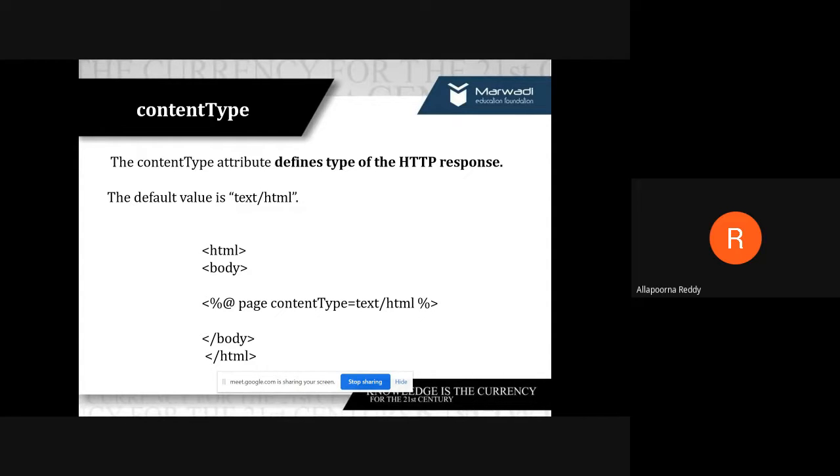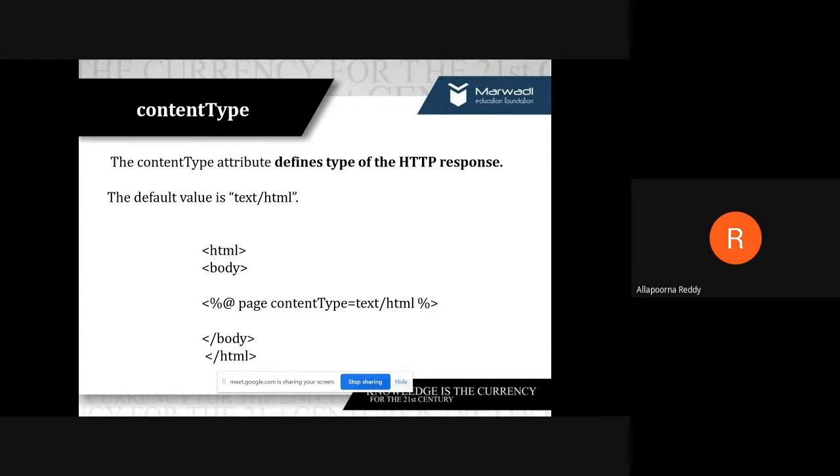If I want to specify what type of content I'm using, that can be done with the help of the attribute called content type. By default, when you take any program as of now, the content type is text/HTML. It can take text or HTML, but don't think that it is restricted to only that. We can do other types also, but by default it is text/HTML.